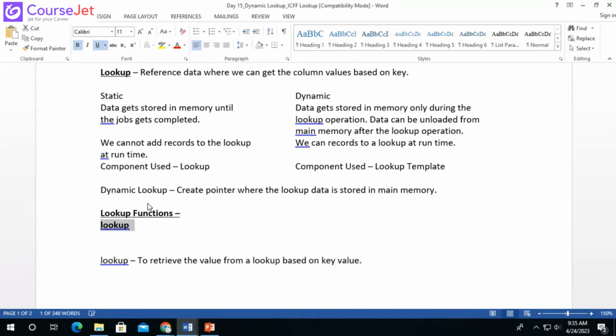Okay, so we need to call a function called lookup_load. Using this lookup_load, we can load the data into the main memory and return a pointer, which is of type lookup identifier type. So this lookup_load is to load the lookup data